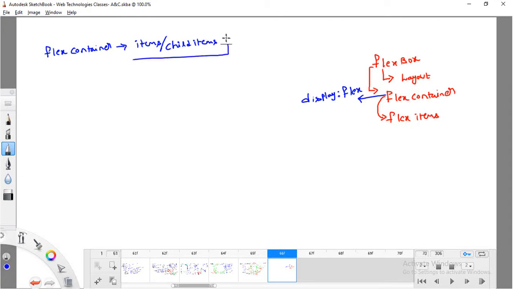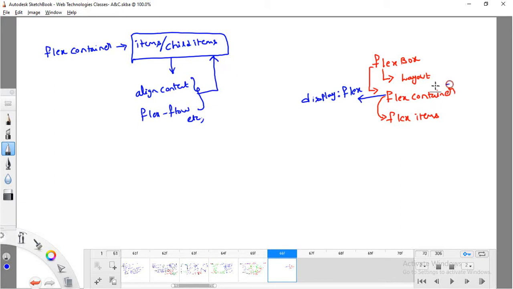And for all these, we are going to apply some properties like align content, flex flow, etc. So what are these properties going to do? These properties are going to change the behavior of all the child elements, or all the items which are present in the container.